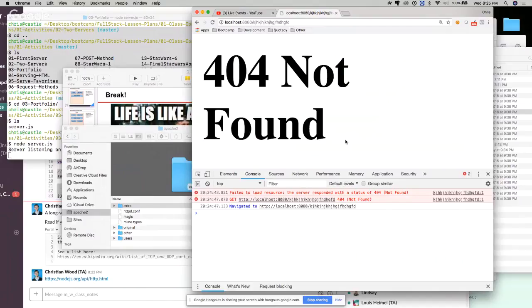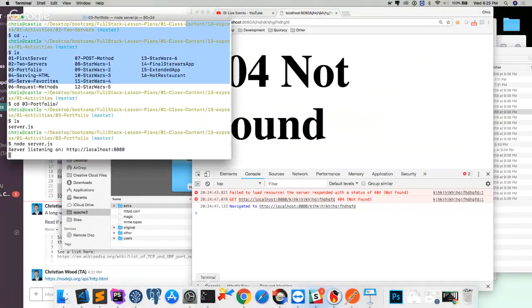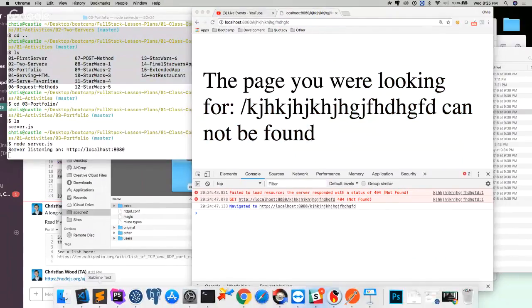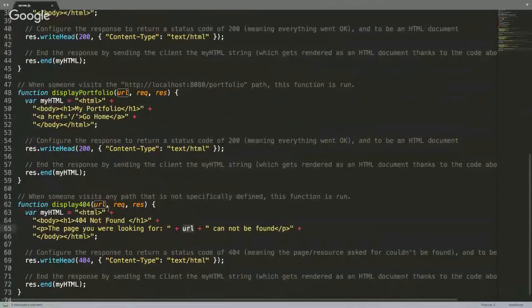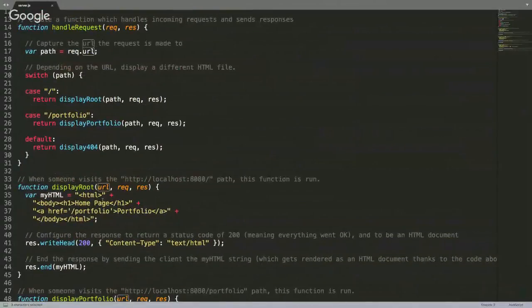All right. We're getting 404 not found. Right. I was actually able to send that header. Another interesting thing. So it says your page you were looking for was blah blah blah. I was able to use the URL that was being passed there as well, right? Which technically was the